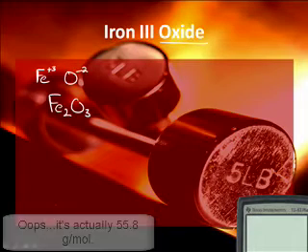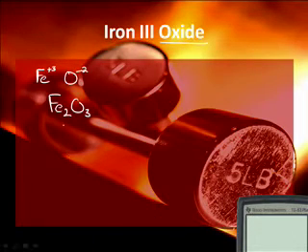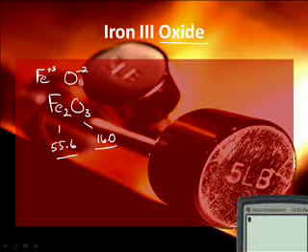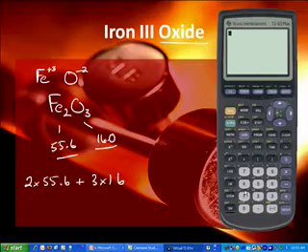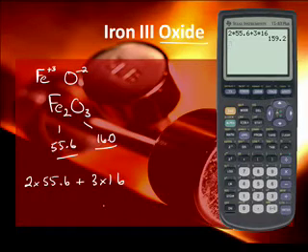So if we go back to our screen. Iron weighs 55.6 and oxygen weighs 16.0, but we have a particular problem, and that problem, of course, is that there's 2 irons and 3 oxygens. So this is what I would do. I would say 2 times 55.6 plus 3 times 16. And I can do that on my calculator right here. So I can say 2 times 55.6 plus 3 times 16. Push the enter button, and we get